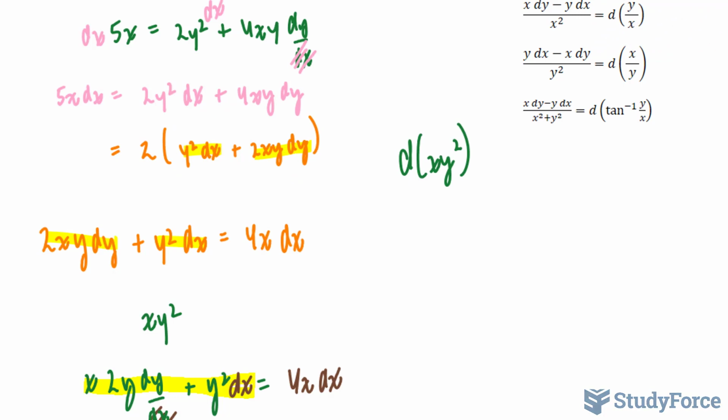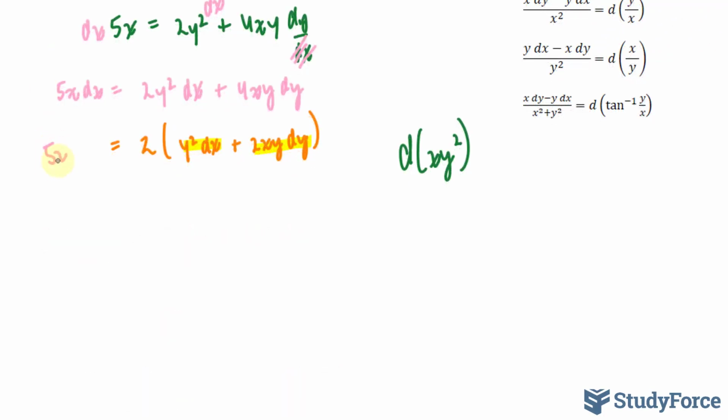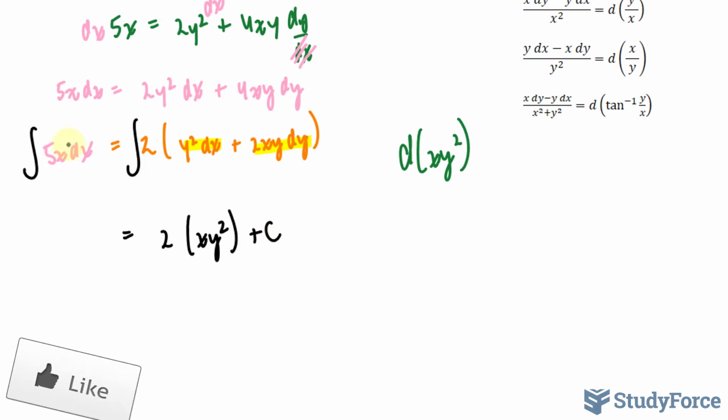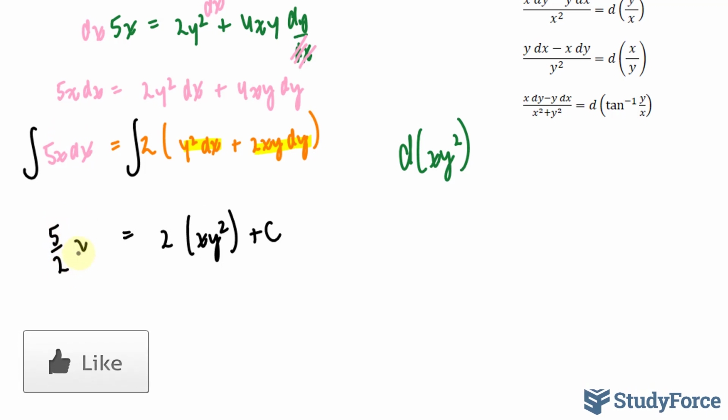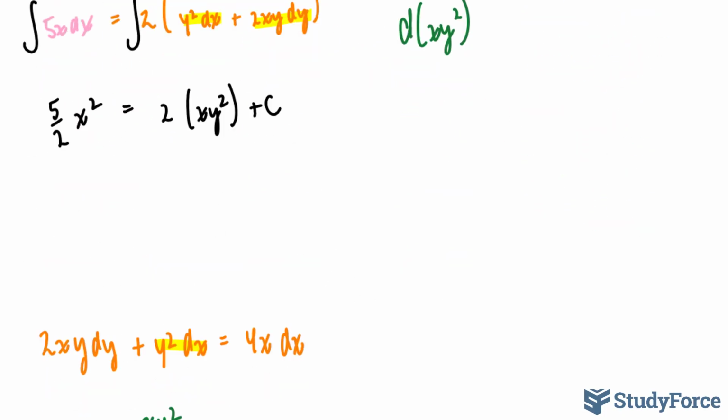This tells me that the right side is done. All I have to do now is worry about the left side, and I can do that by taking the integral of the left side and of the right side. I already know the integral of this. It's going to be xy squared. So I have 2 times xy squared plus c. And the left side isn't trouble. I'll just add 1 to this exponent, making it x to the power of 2. So I have 5 over 2 x to the power of 2. I can evaluate this at its boundaries at 1 and 4. So I have x is equal to 1 and y is equal to 4,